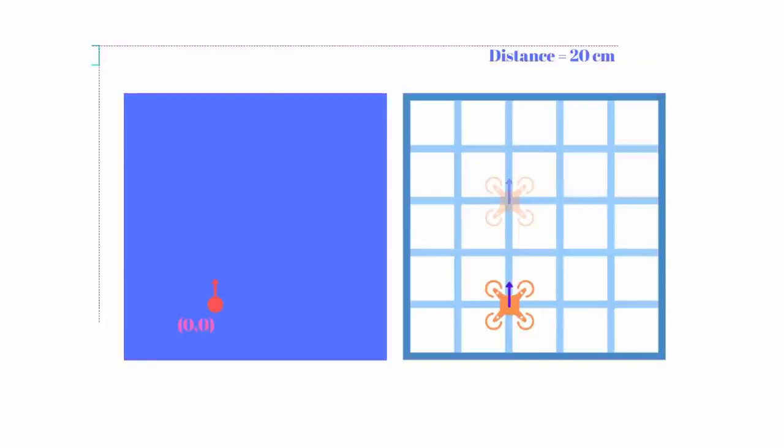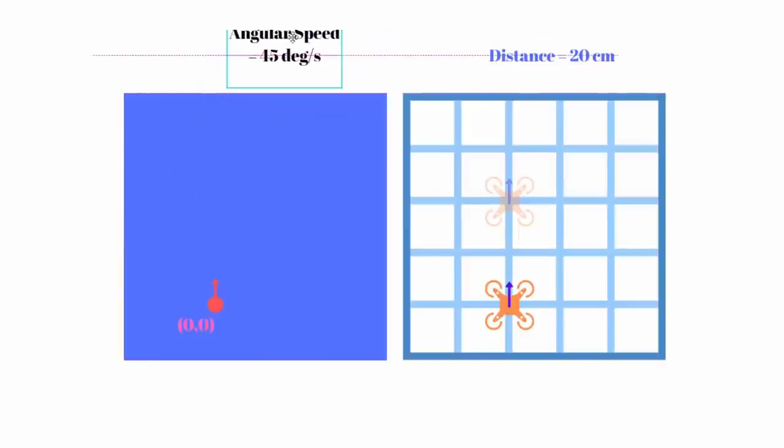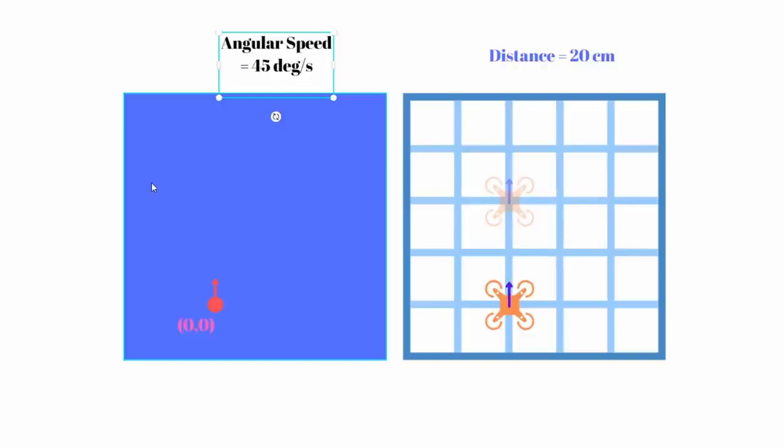So let me bring that back. Let's say that we have our angular speed as 45 degrees per second. It means if we rotate it twice, so if we are here and if we rotate it twice, it will rotate 45 degrees in 1 second, and in another 1 second it will rotate 90 degrees. So this is what will happen. Now our coordinate is pretty much the same, 0, 0, but our heading is towards the east instead of